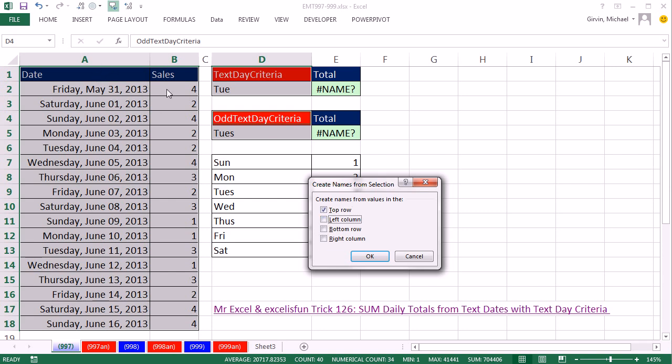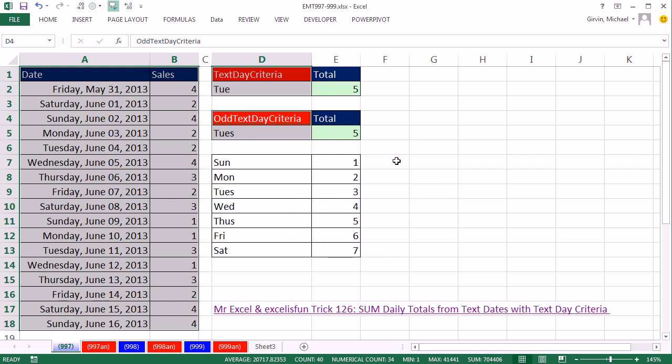This would be named date. This would be named sales. This would be text criteria. And this would be odd text criteria. Click OK. And just like that,